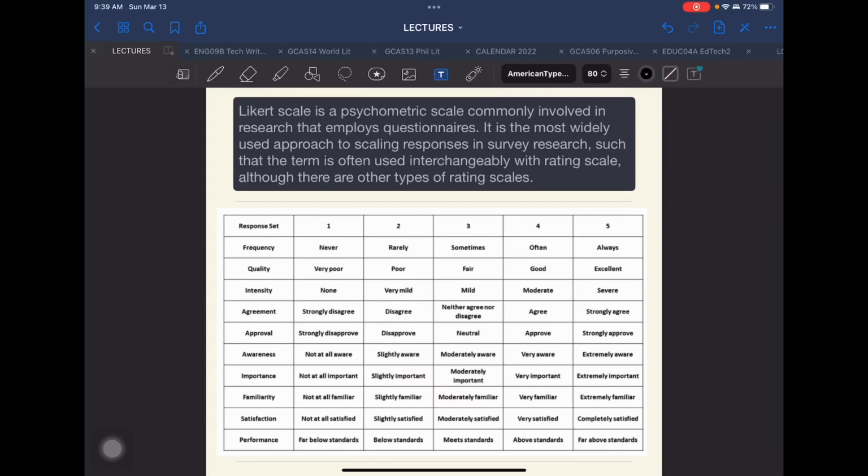This is Docket Padama and this time we are going to discuss some of the scales that you can use, rating scales, specifically the Likert scale. So we're going to again discuss briefly the pronunciation of this term. Regarding the use of this scale in your study or your research paper, wherein you're going to use a questionnaire, and in order to quantify the data that you have gathered using this questionnaire, we are going to go through some of the different responses that you may use or are using during the writing